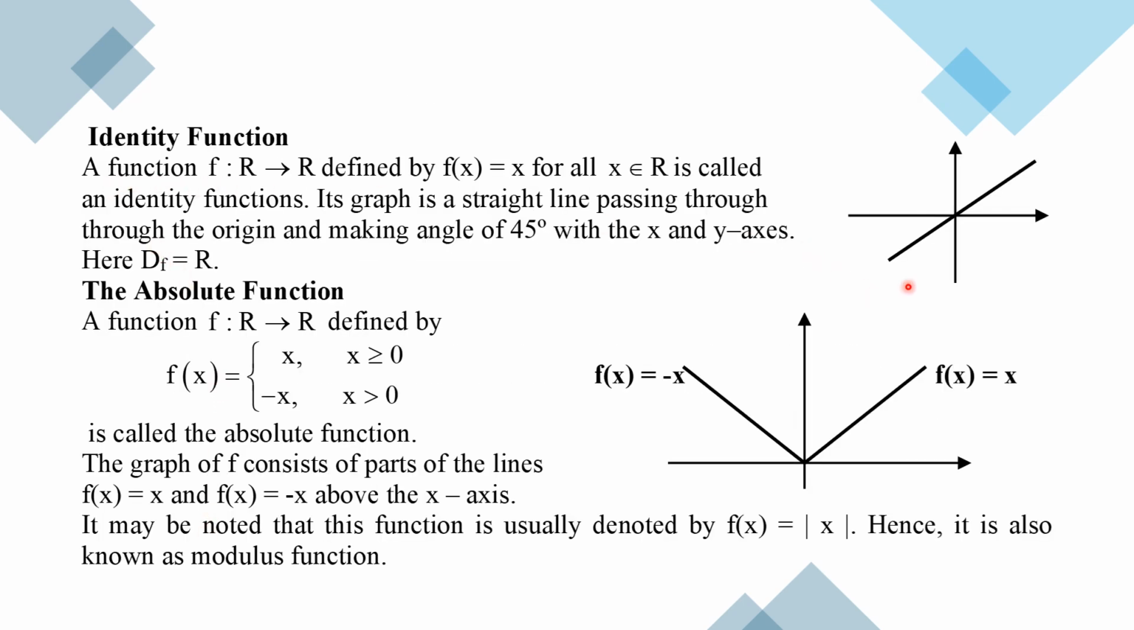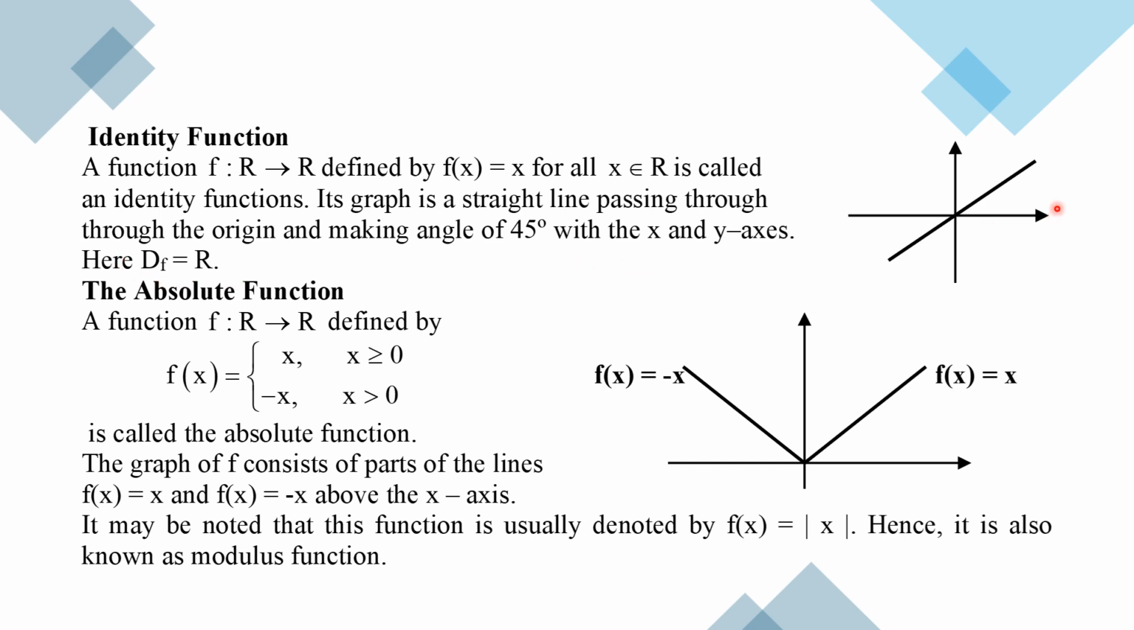Identity function, this is a graph of identity. You can see that the graph covers all real numbers on the x-axis. So a function f from R to R defined by f of x equals x for all x is called the identity. This graph is a straight line passing through the origin, making an angle of 45 degrees with the x-axis and y-axis. Domain of f